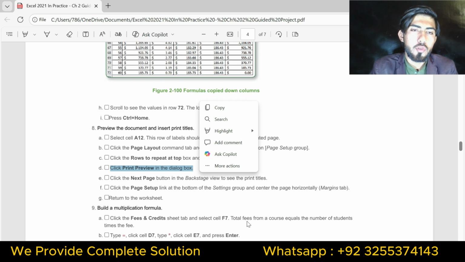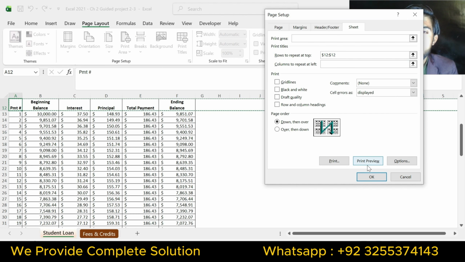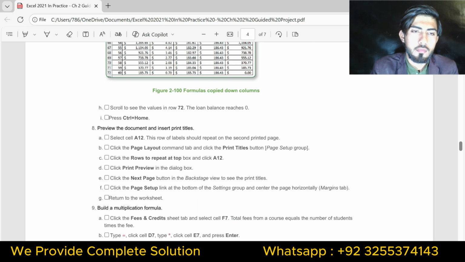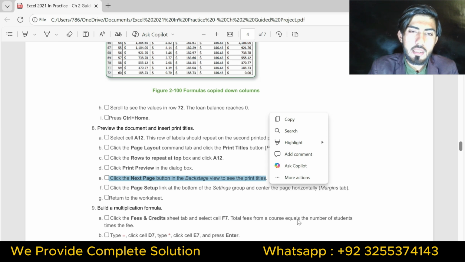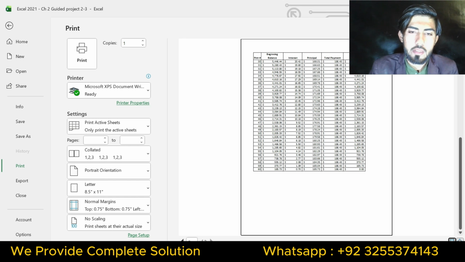Part D is click Print Preview in the dialog box. Part E is click the Next Page button in the Backstage view to see print titles. So click next page. This is the first page and this is the next page.